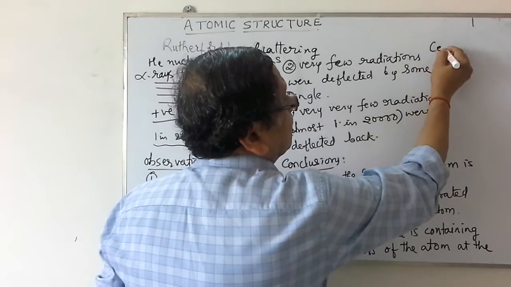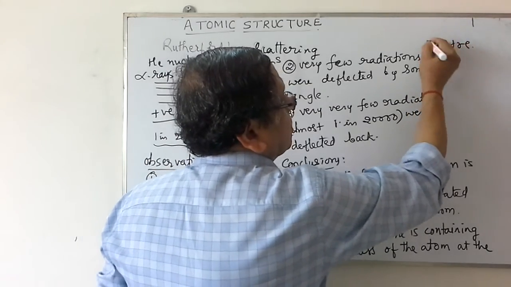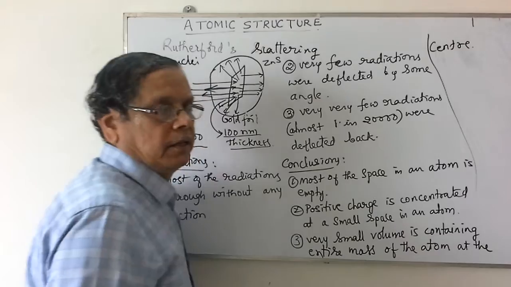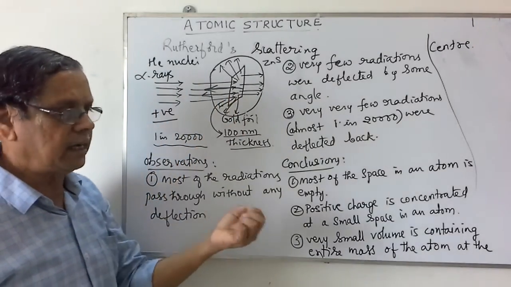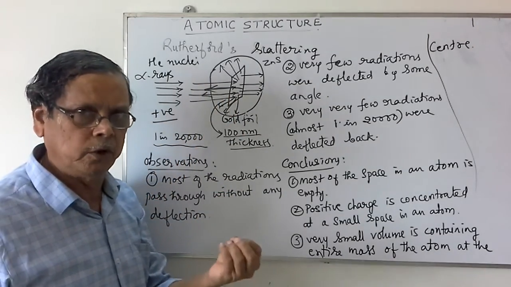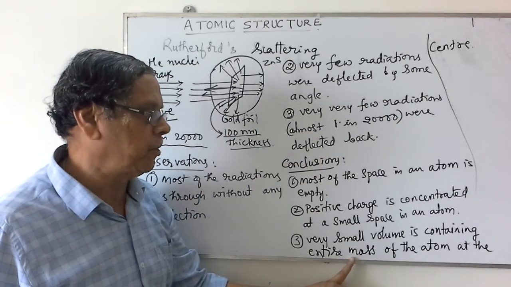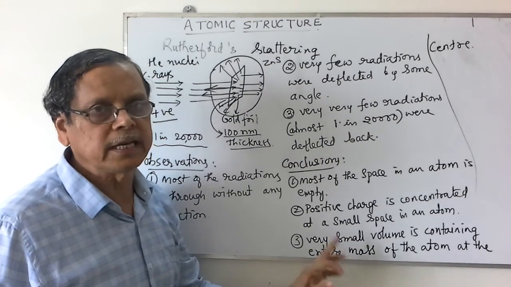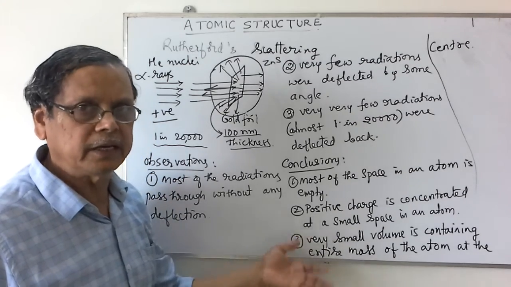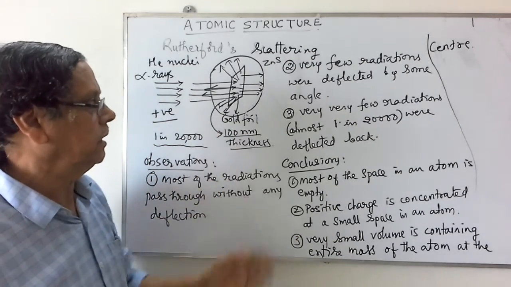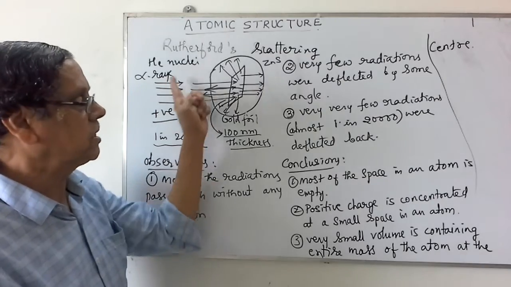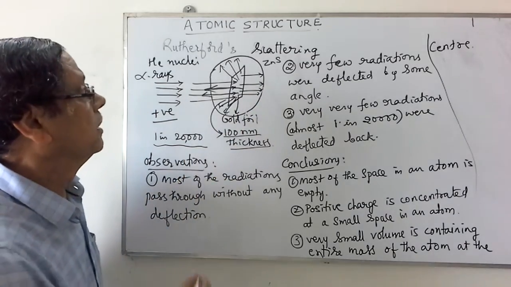Right here, at the center. So this indicates that the whole mass is concentrated in a very, very small volume, and that center carrying the entire positive charge or entire mass is called the nucleus. That I will let you know when I write the next structure of the atom based on this Rutherford's scattering